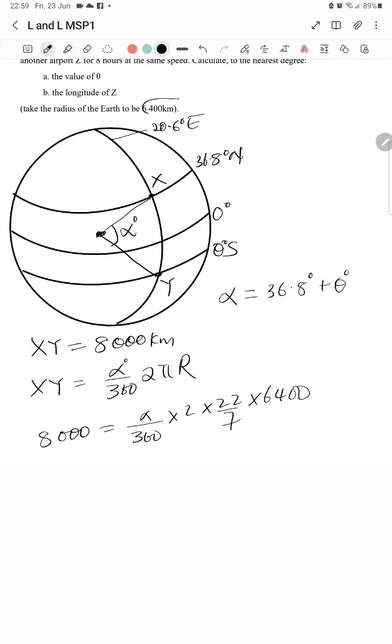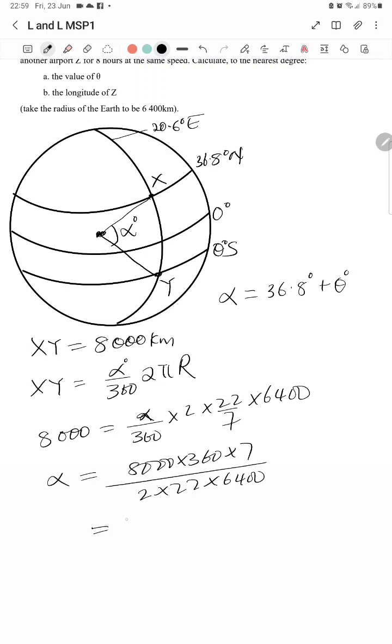We are told to take the radius of the earth to be 6,400. I can make alpha the subject of the formula: alpha is 8,000 times 360 times 7 divided by 2 times 22 times 6,400. From our calculator, we are going to have